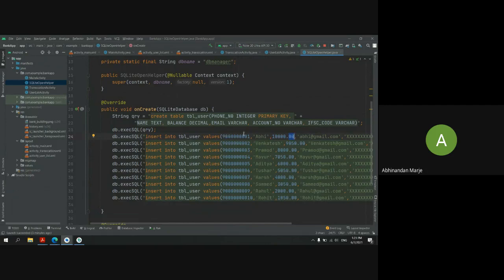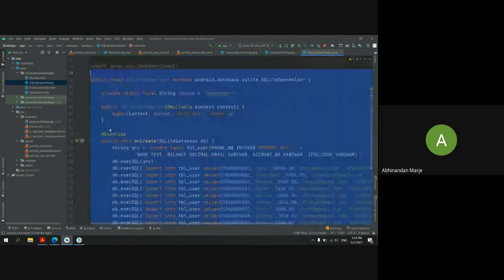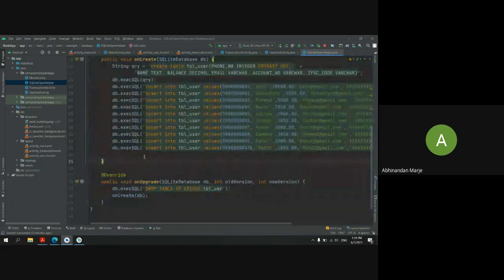Don't miss that. If I'm expecting the phone number in my first column, and I give the name there, it will not accept it, and your database will be ruined, and it will not give the output as you are expecting. Okay, so for today's task, only create this much. Only create a database and insert some data into it. That will be today's task, and from tomorrow we will start extracting the data from our database.